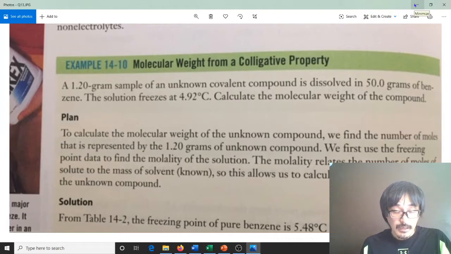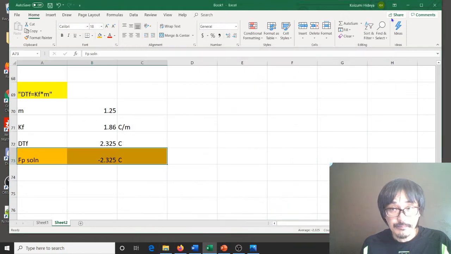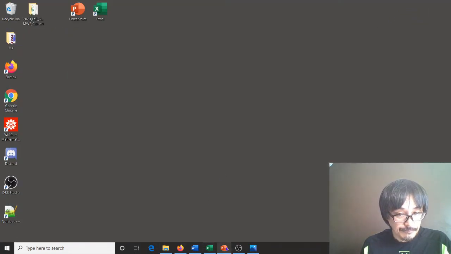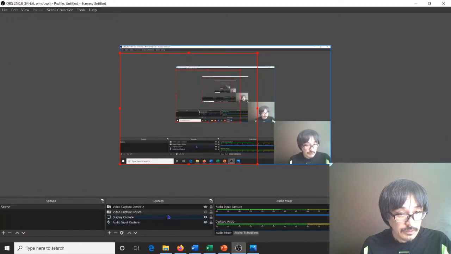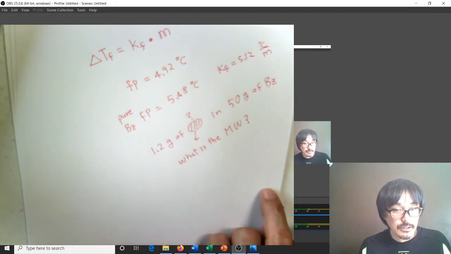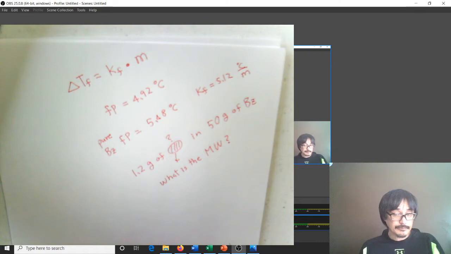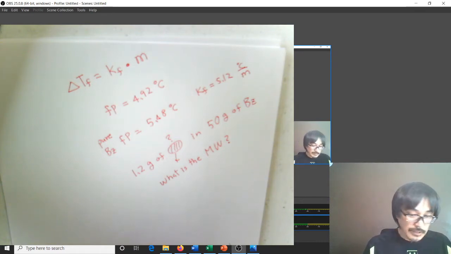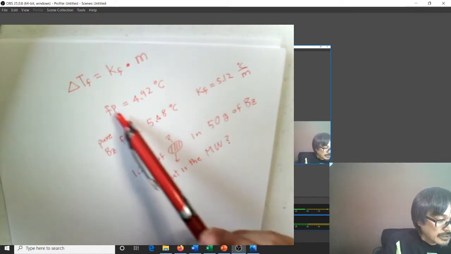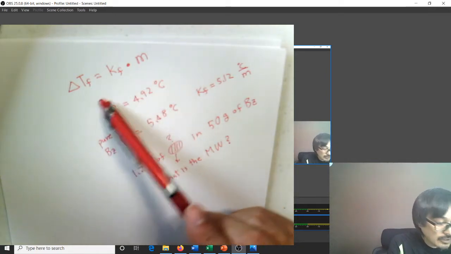So I not only copied down everything on this particular problem, but I also got a little bit more information from the table. So the formula that we are going to use, because we are dealing with the freezing point